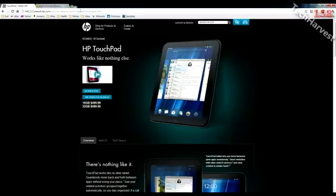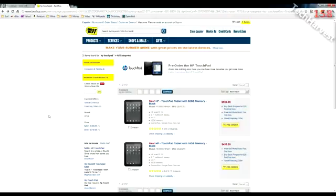Now, the TouchPad has 1 gigabyte of RAM, which is the same as the Motorola Xoom tablet, also 1 gigabyte of RAM. The Apple iPad 2 has half of that. Now, the TouchPad is going to come in two flavors when you first get it. Let me bring up the Best Buy website here. It'll come in a 32 gigabyte flavor, which is $599, and it'll come in a 16 gigabyte